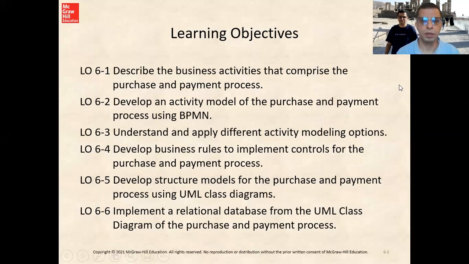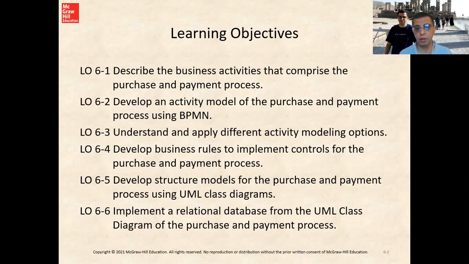Now, in this learning objective, we need to describe the business activities that comprise the purchase and payment process. We will develop an activity model of the purchase and payment process using BPMN. Understand and apply different activity modeling options if time permits. Develop business rules to implement the controls for the purchase and payment process. If time permits, we'll also develop structure models for the purchase and payment process using UML class